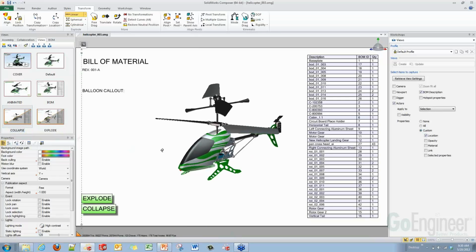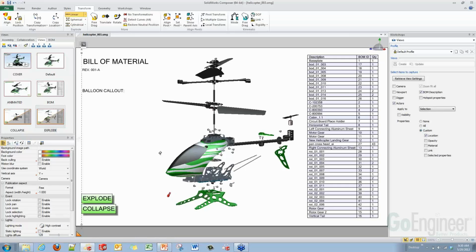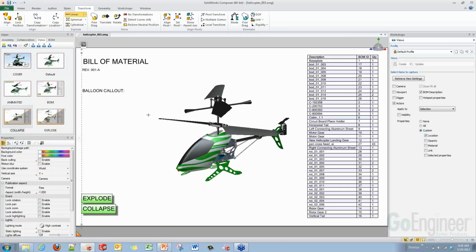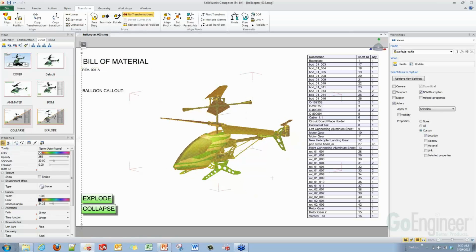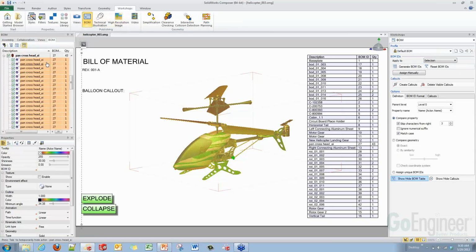So we'll leave this in the collapse state. Actually, maybe we'll leave it in the exploded state. No, let's leave it in the collapse state. Sorry, I can't make up my mind today. I'm going to go ahead and grab all of these components now. I don't want to transform them. I just want to grab all of these components because I want to go into my bill of material workshop and create some callouts. So you'll notice over here under my bill of material tab, I have all my items